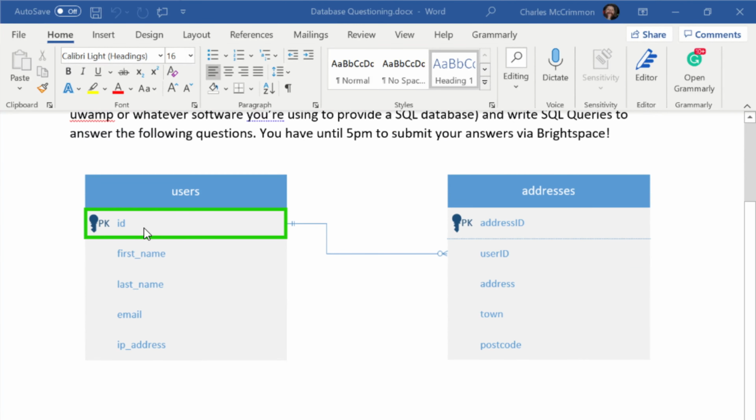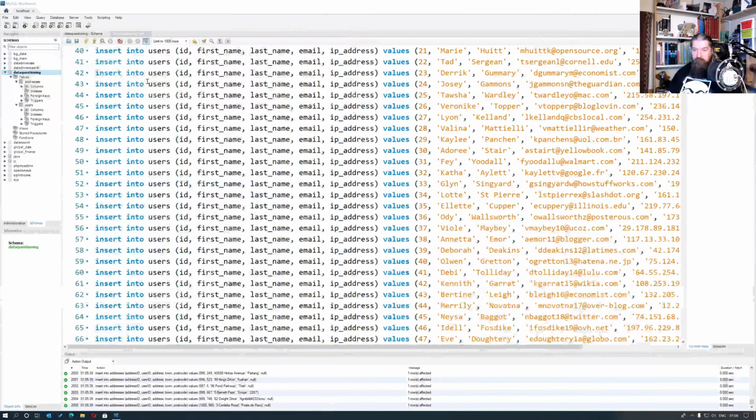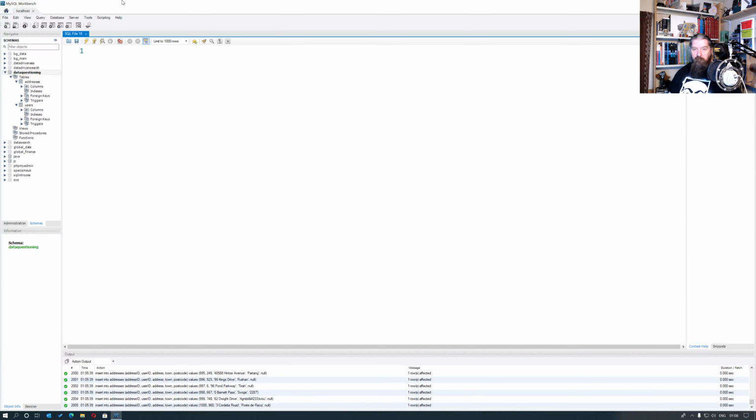You can see that ID is user ID and addresses. And just from the structure, the ER diagram, we can actually work out that we can select from the address table how many addresses are associated with a user ID and just count them. So we'll go ahead and switch over to the desktop view, close this, open a new query, and from there it is literally just, we can start by select